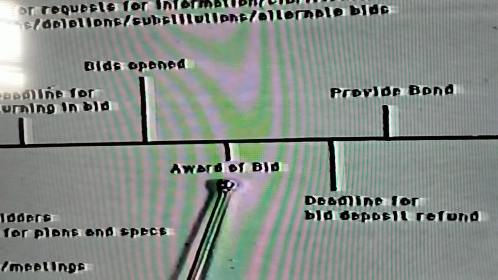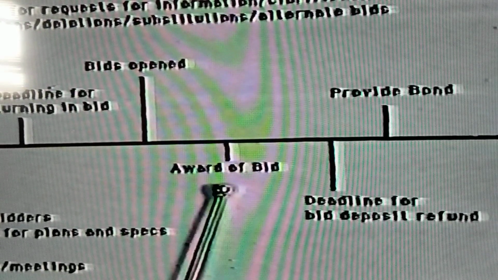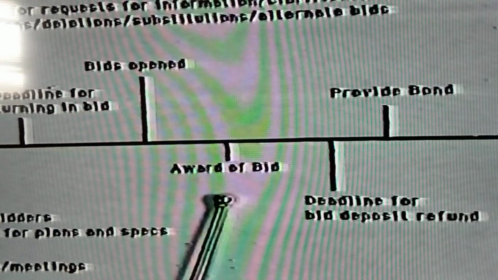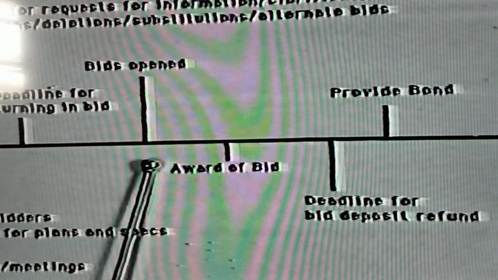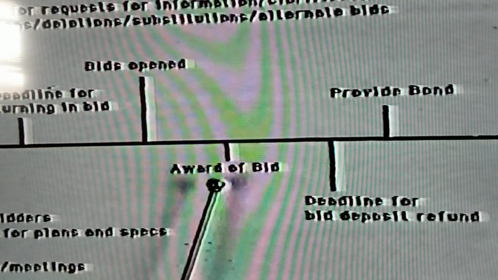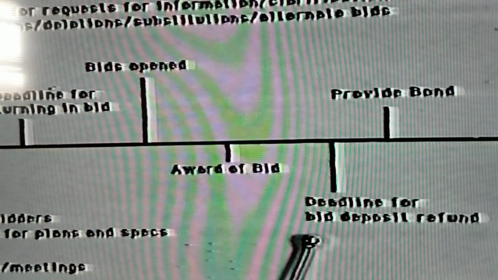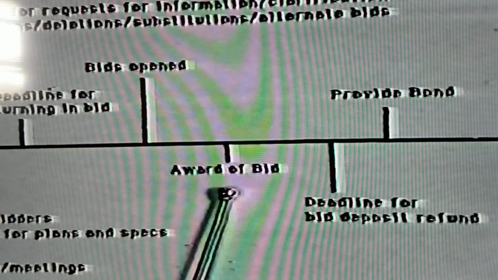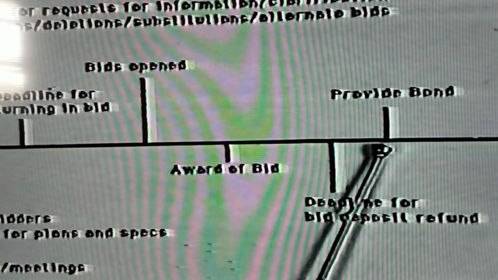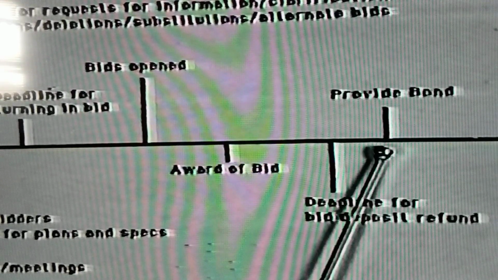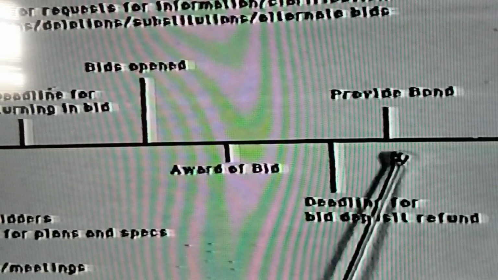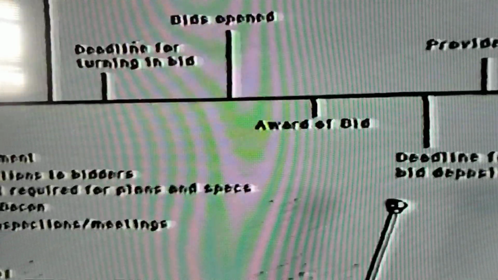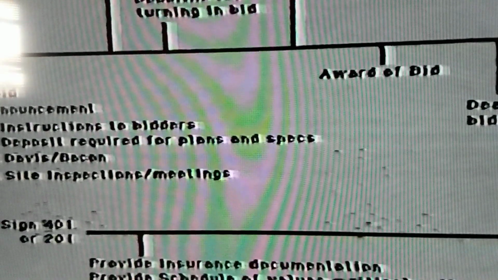Also, after the award of the bid, or when an individual wants to withdraw from the bidding process prior to the date of the bids being opened, an individual may want their deposit back, and so there's a deadline for the bid deposit. And once the bid is awarded, there will also be a time frame where bond information will be required in the documents. Now, what's going to happen at this point, assuming that everything is fine, the individuals involved are going